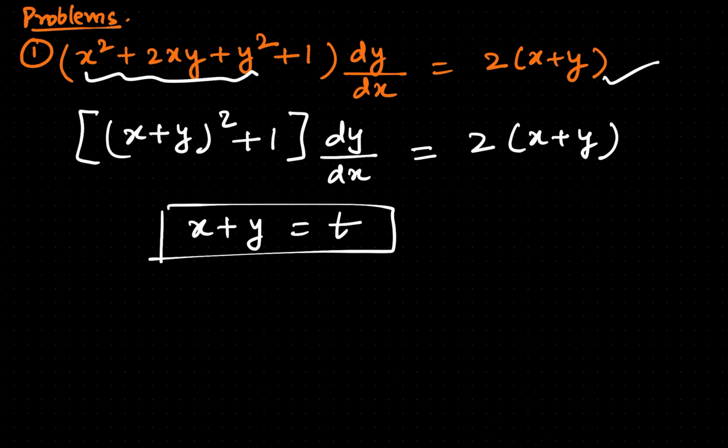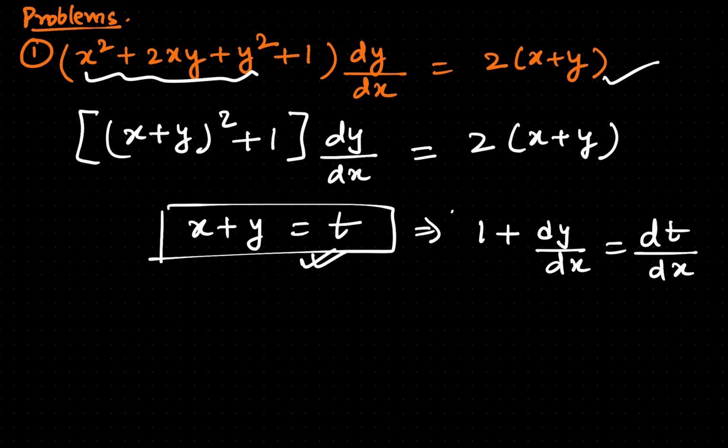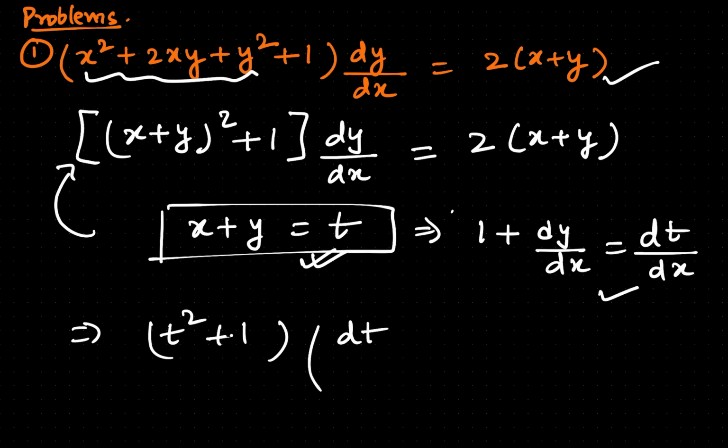So for example, if you write here, now differentiate this substitution with respect to x on both sides. So you will get 1 plus dy by dx is equal to dt by dx. Now let's substitute it in the parent differential equation. So you will get t square plus 1 times, for dy by dx you have to substitute with this equation. So here you will get dt by dx minus 1